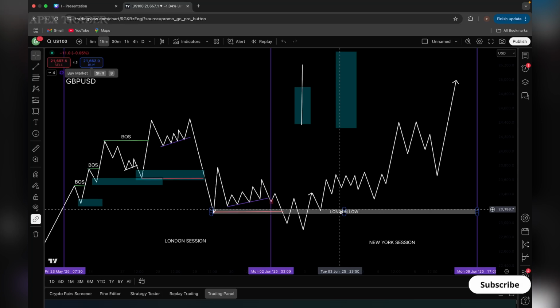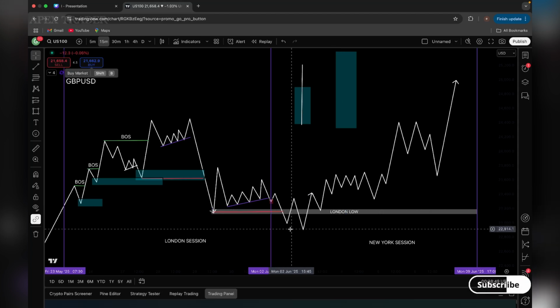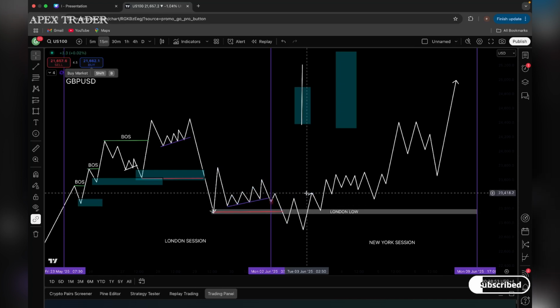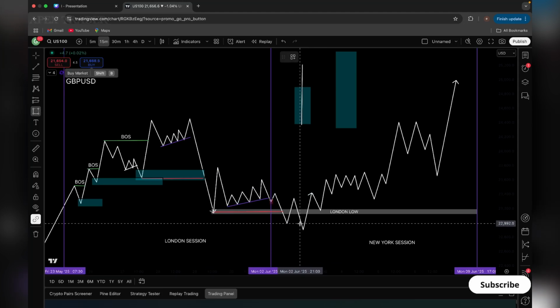Here also the same concept, we are going to use minor, medium, and major inducements. For the first example, the market made a W here. Buyers are going to enter, for sure. This is not a perfect W, by the way. And this zone we are going to take as a